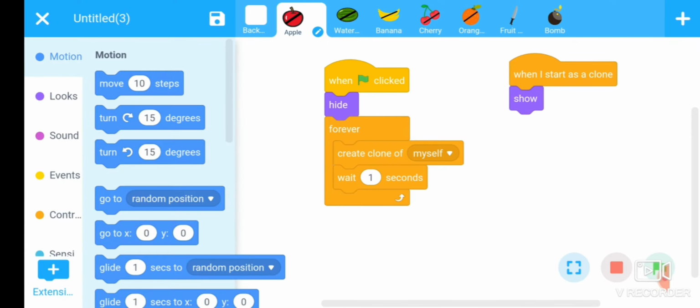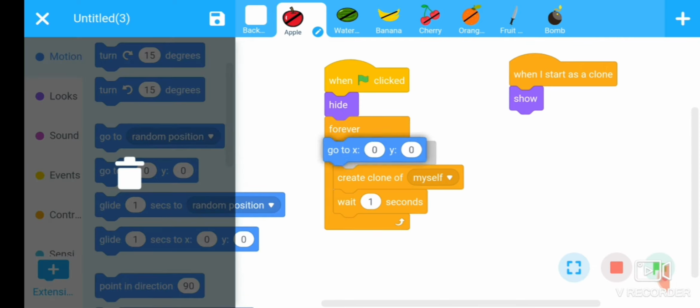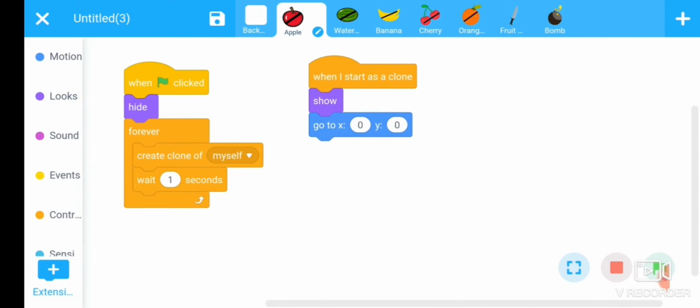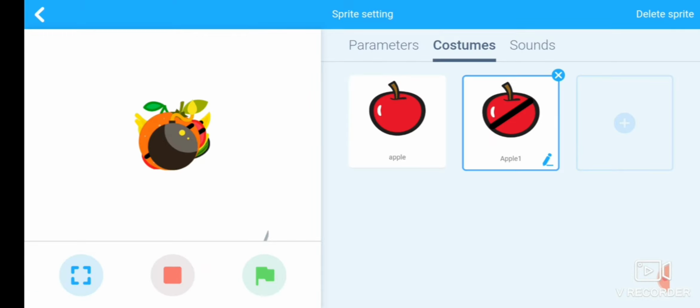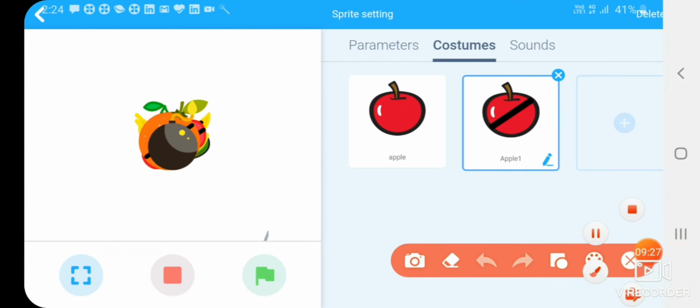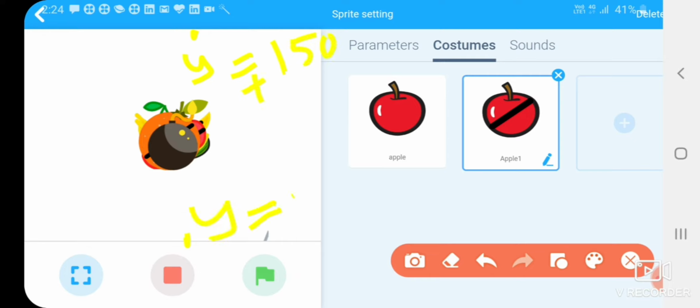Now we will decide the position at which the clone should be shown by using go to x: 0, y: 0. Now notice that at this point the value of y is plus 150 and at this point the value of y is minus 150.